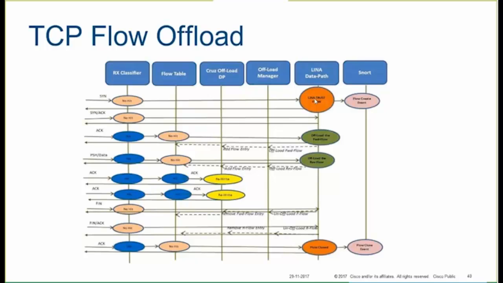If the action is set to fast path, it will send a flow create event to SNORT, and this is when the connection is logged on the FMC, indicating that this connection is now created as fast path. And once this is done, LINA will then send the packet back out via the